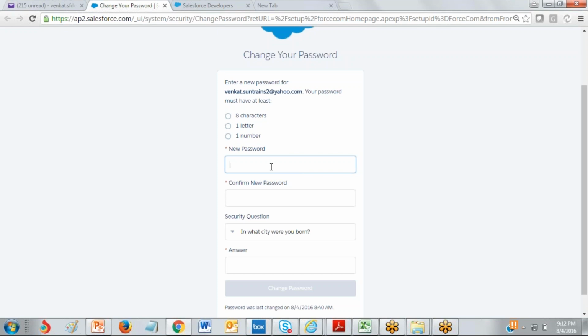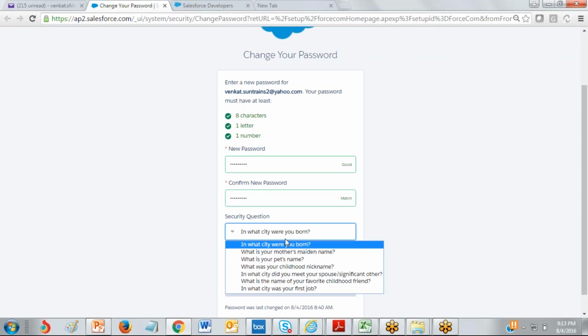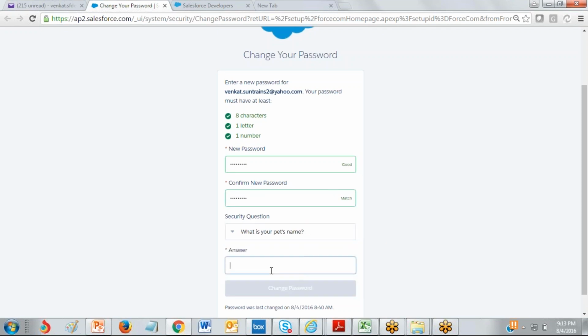The first time I try to log in, I need to set up my own password. That I am going to do now. Question, change password.